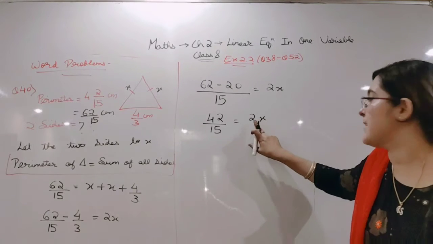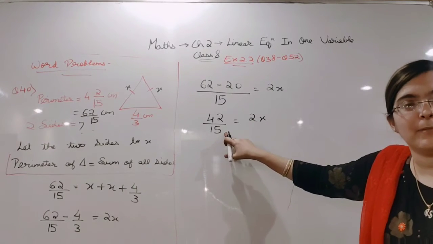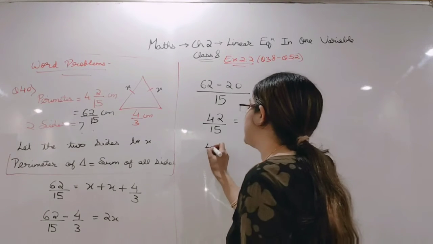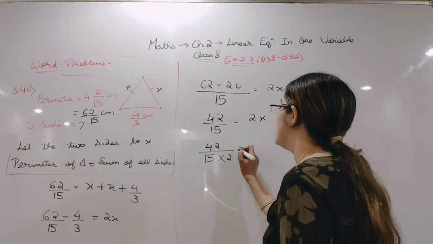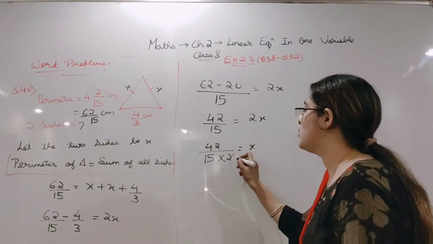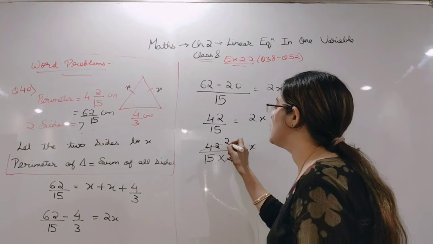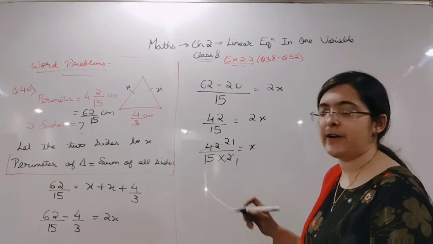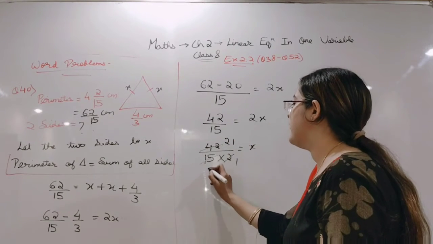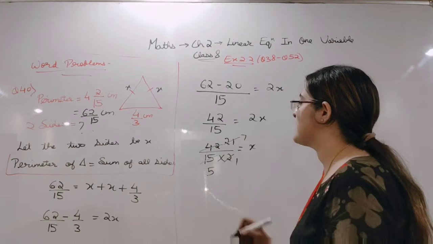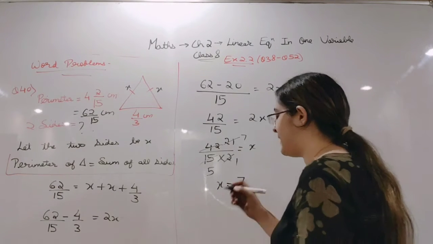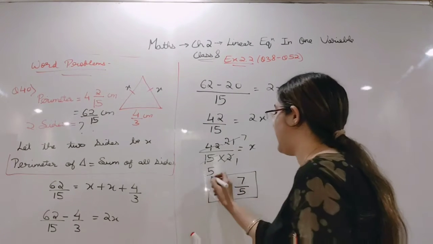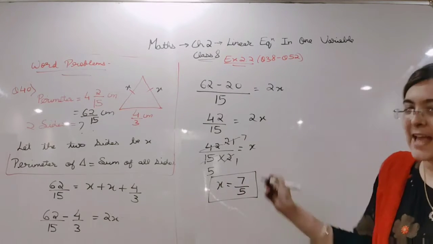Now to find out x, this 2 will come here in the denominator because it is in multiplication here. We will keep the 2 here. Now let's cut: 2 1s are 2, 2 2s are 4, 2 1s are 2. Now it will be cut by 3: 3 5s are 15, 3 7s are 21. So what is the value of x coming? It is 7 by 5. But you have to find the sides.